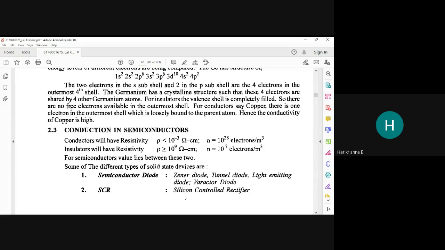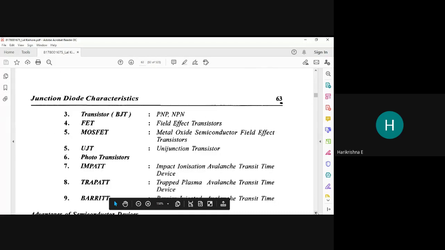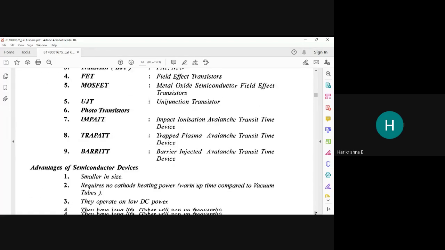You can see here on the screen, semiconductor diode. We'll discuss the Zener diode; the light emitting diode and the silicon controlled rectifier will be discussed in your power electronics subject in the next semester mostly. And BJT, FET; we will discuss the field effect transistor. The normal NPN and PNP transistors are bipolar devices. The field effect transistor is a unipolar device. MOSFET. So different things we'll discuss in today's class.